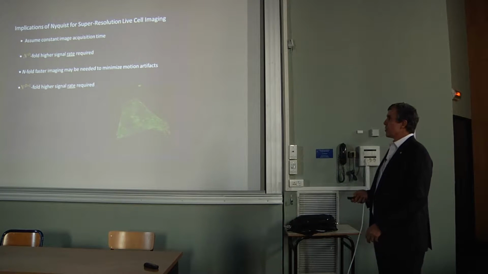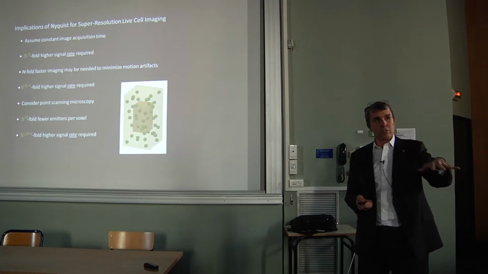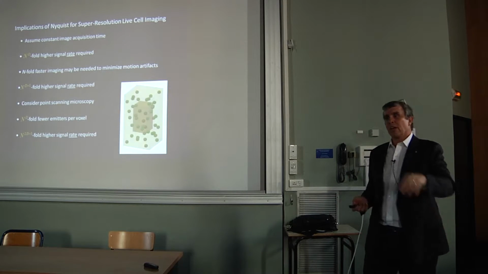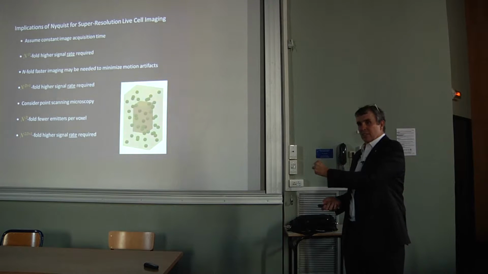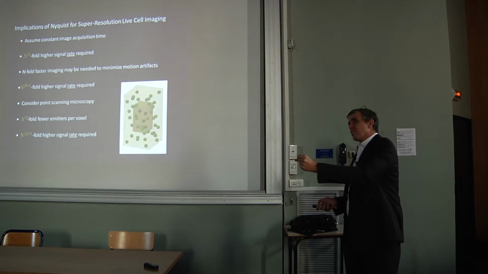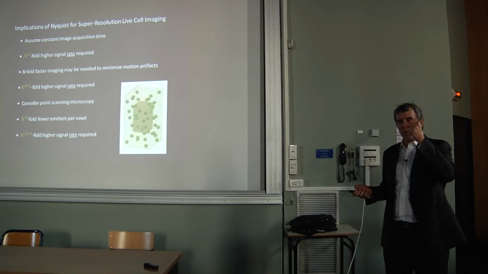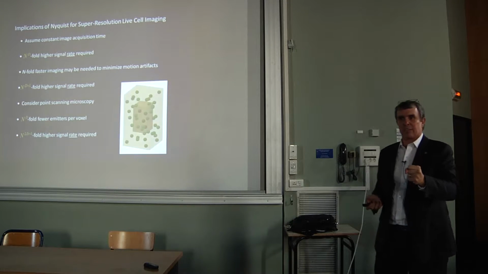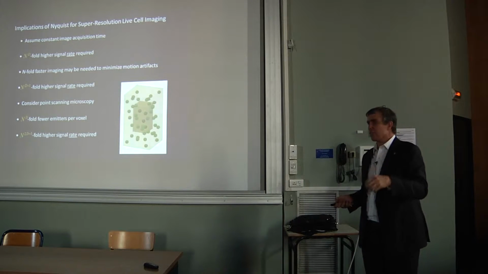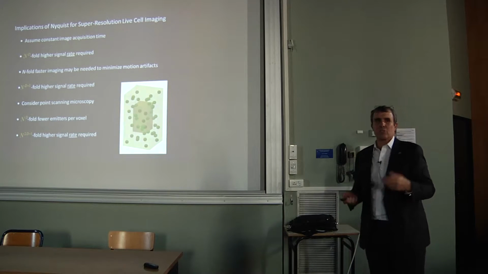Now there's a fork in the road depending on which method of super resolution you want to use. There's one class, which is like structured illumination and localization, which is parallel because it's wide field. And then there's point scanning methods, such as the STED that Stefan Hell got the Nobel for, and his related resolve technique, which started out at least as point scanning methods. The problem with the point scanning method is that only one voxel is contributing photons at a time, unlike the other where they're all in parallel. And so that voxel has to contribute then n to the d higher rate in itself for a total of n to the 2d plus 1.